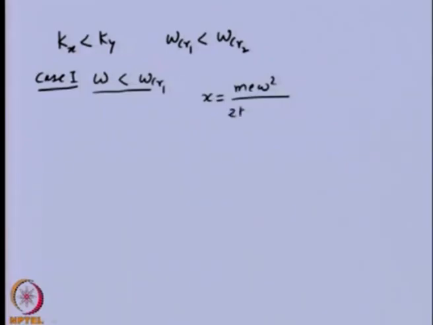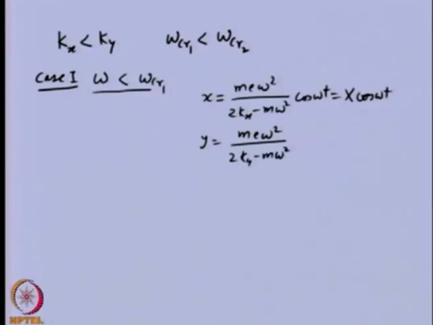So, this was 2k x minus m omega square cos omega t, which we wrote as capital X cos omega t, and y is m e omega square 2k y m omega square sin omega t, which we wrote as capital Y sin omega t. Now, because we are rotating below the first critical speed, we can see that if we substitute,